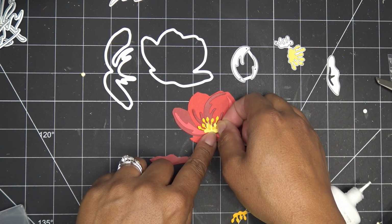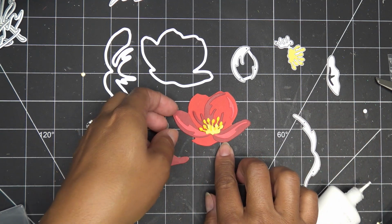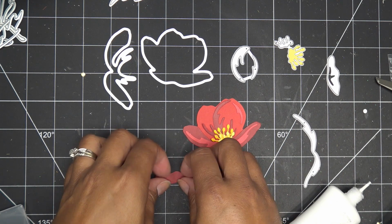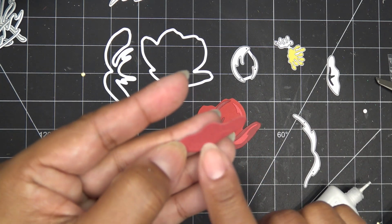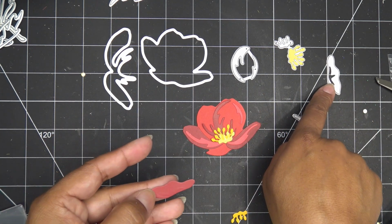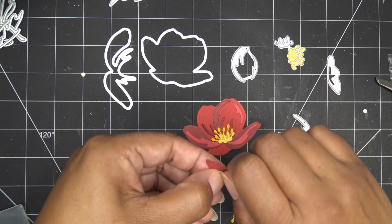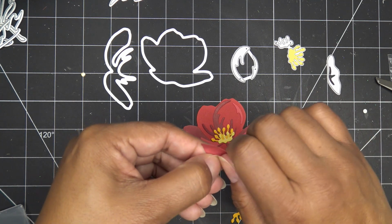And these have the same little bottom. Actually, that looks really cute just like that. But we're supposed to add this last accent piece. And then this one also has a little area that's open in the die, so if you wanted to put a little inking there so it just gives it a little different look, you can definitely do that. For right now, I'm just going to kind of zhuzh this out a little bit this way,